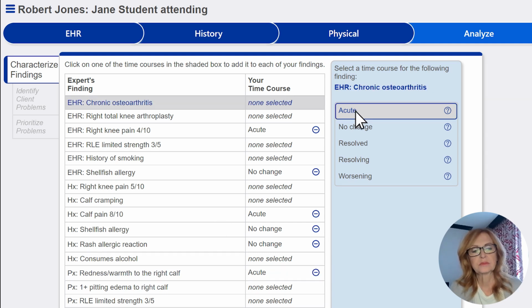A third, but related, question to ask: has this finding changed in any way? If so, how has it changed? For example, the right knee pain of 4 out of 10 found in the EHR was labeled as acute. We verified the right knee pain during our interview and learned the patient now rates his right knee pain as